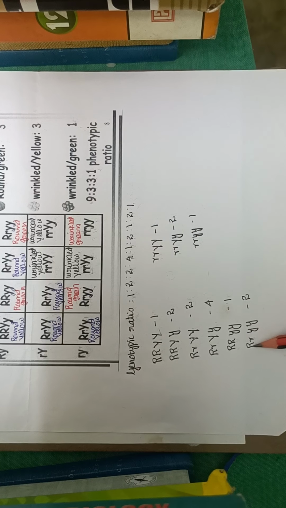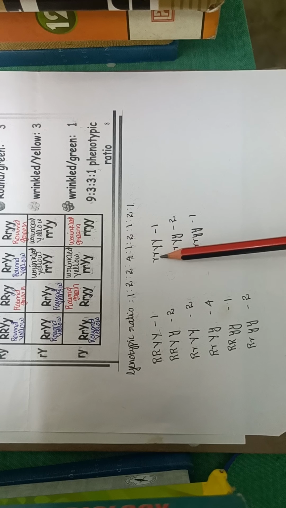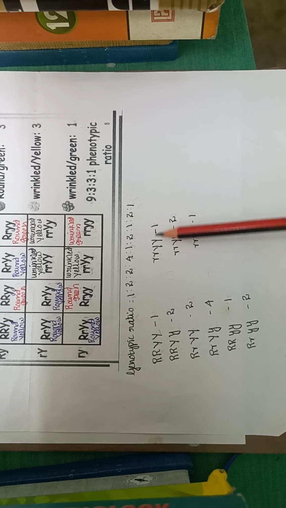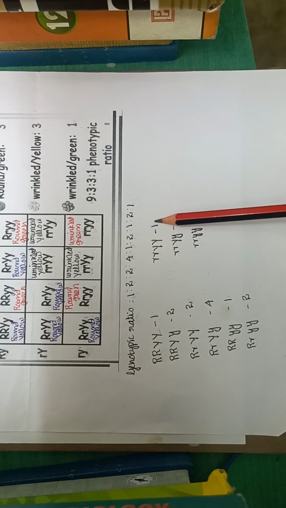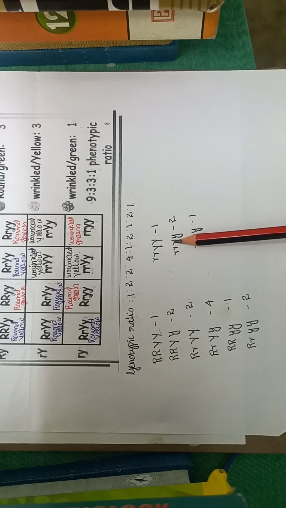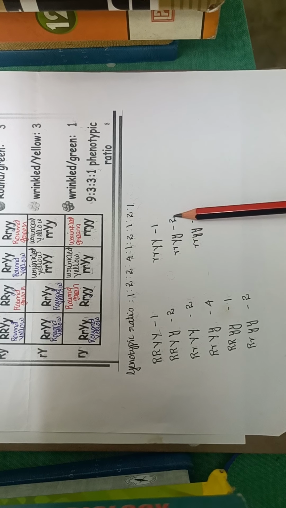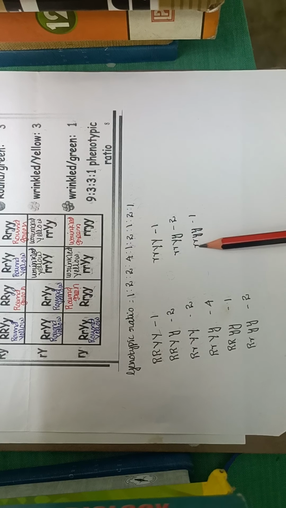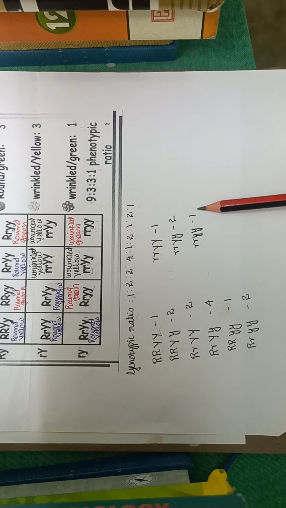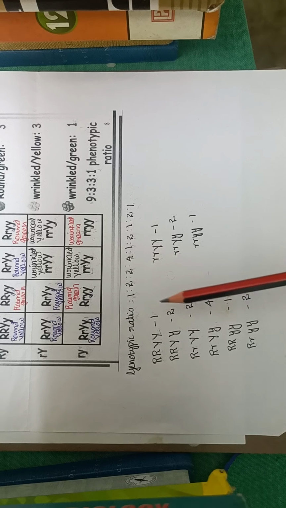With genotype capital R, small r, small y, small y, 2 individuals are formed. So 2. Small r, small r, capital Y, capital Y: in this genotype, only 1 individual formed. So 1. Small r, small r, capital Y, small y, 2 individuals formed. So 2. Small r, small r, small y, small y, only 1 individual formed. So 1. Hence, the dihybrid genotypic ratio is equal to